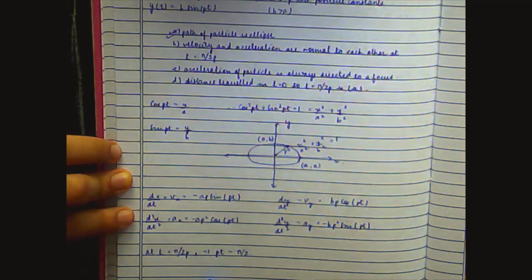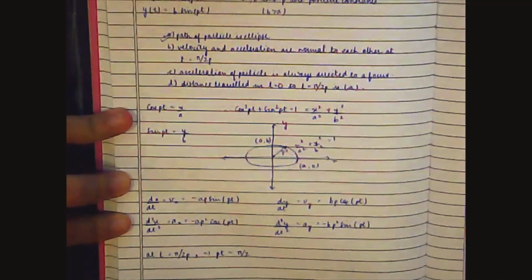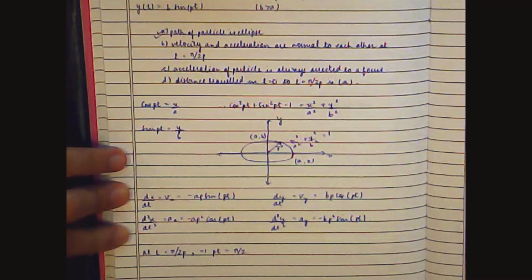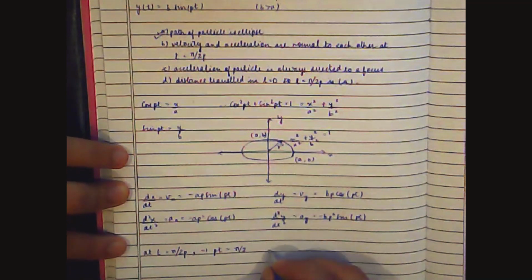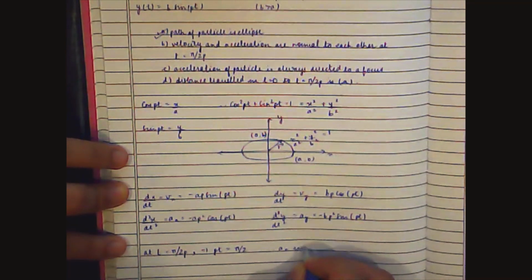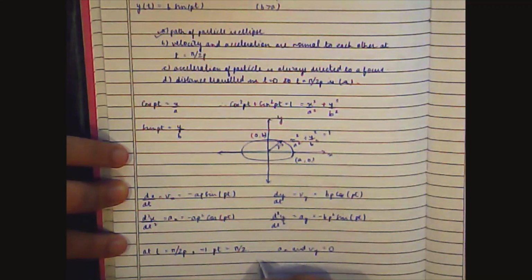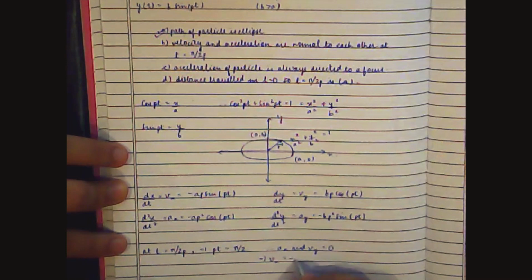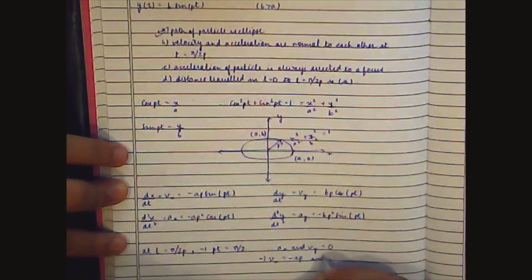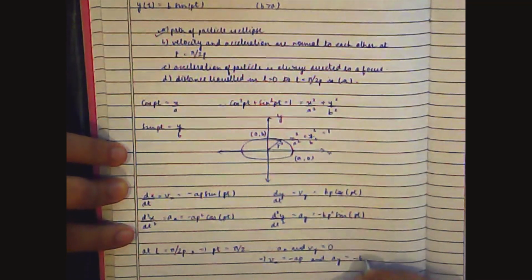Because pt is like the theta in all these equations, so we'll just take this. Now pt equals pi by 2, so that means all the cos values will be 0, right? So therefore ax and vy equal 0, and we get vx as minus ap and ay as minus bp square,